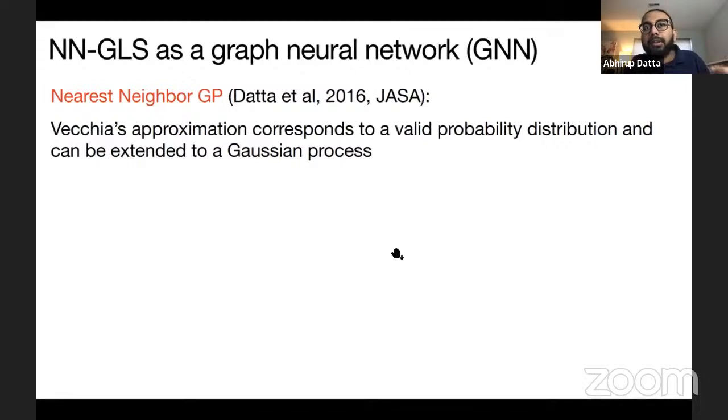That property allows you to extend this approximation to a valid Gaussian process over the entire domain, which we call the nearest neighbor Gaussian process. The advantage of having a valid Gaussian process is that you can use it in any Bayesian modeling. You can replace your Gaussian process prior with an NNGP prior and do your Bayesian inference the same way as you would normally, but in much faster time.